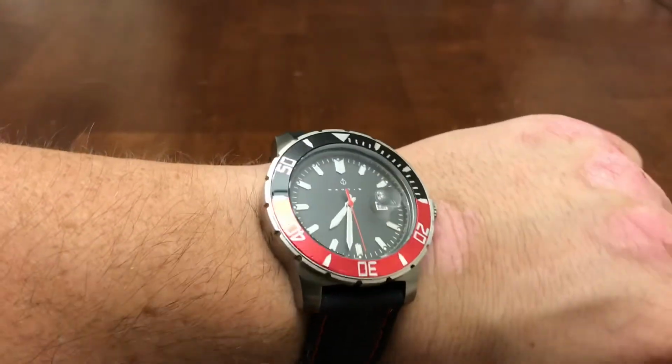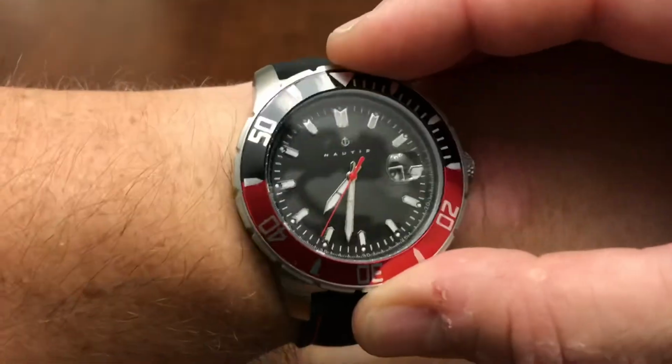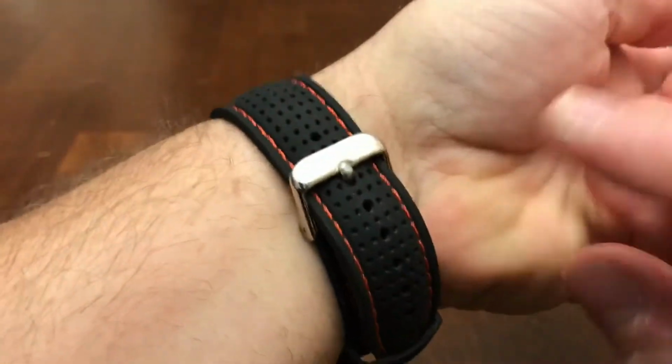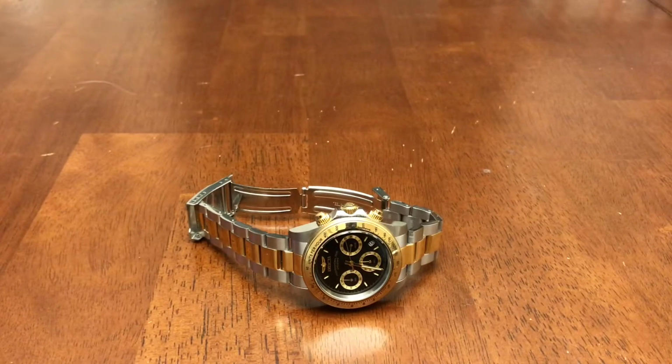I am wearing my Nautis Dive Pro 200. This is not a pro diver. This is a Dive Pro. This is from the Nautis line. Really nice looking watch. And I'm wearing it on a Varios rubber rally strap that I absolutely love. I think it looks really good with it. So I'm going to pop that off, and we're going to put this Daytona on the wrist and go over